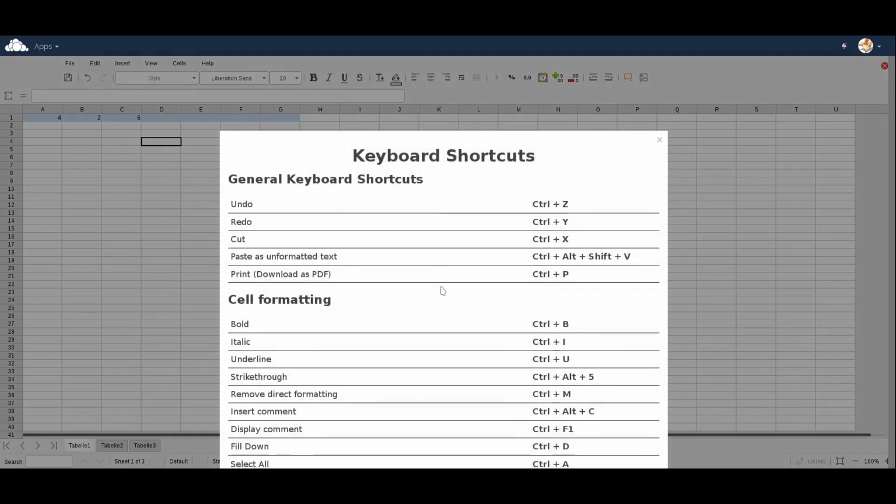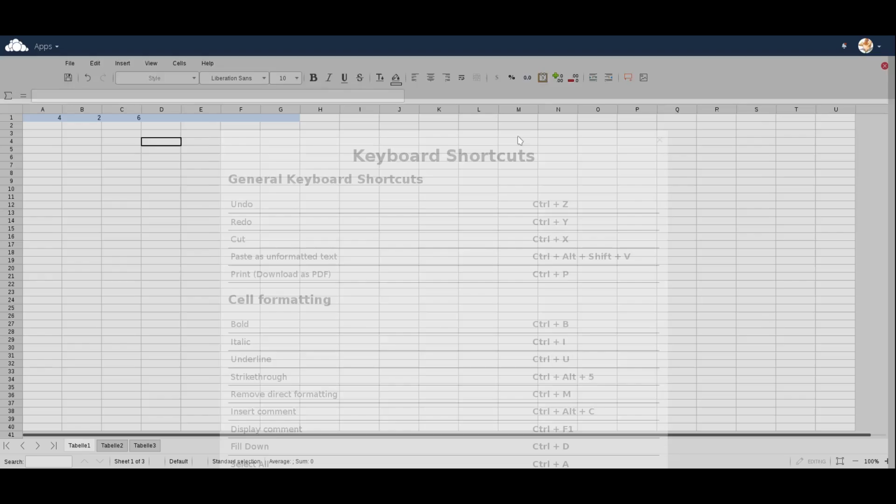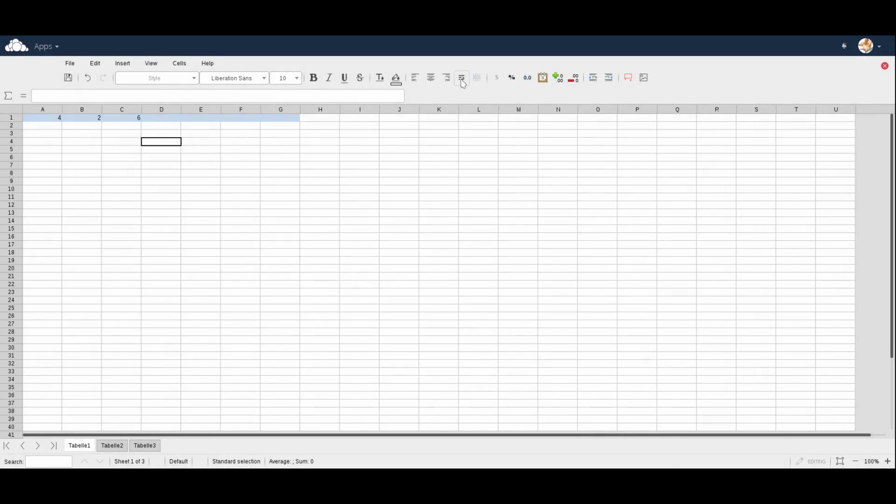You do have some keyboard shortcuts here. It's a slightly shorter list than for Word, but it's there. You can check that out. And you also have alignments, wrap text, that sort of thing. You could set percentages, currency formatting. So like in this case where it's a number maybe. Or maybe that button's just not available yet, not sure. You can set it as a percentage, that's kind of cool. Format as a number. And then you've also got format as date. You can do negatives and positives. You can set your indentions. You can also do